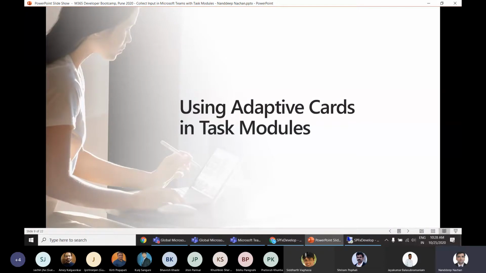Before we start, if you already have your web pages or content pages ready, which you have created using HTML or JavaScript, you can use those. But if you are creating new task modules, then it is always preferable that you use adaptive cards. The reason is adaptive cards can be used across all of the apps and services across Office 365. They are responsive in nature,